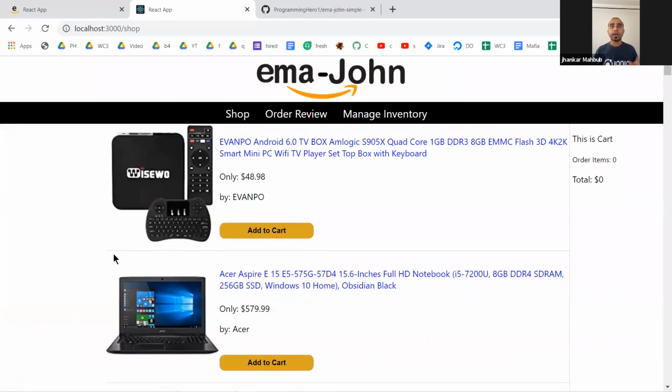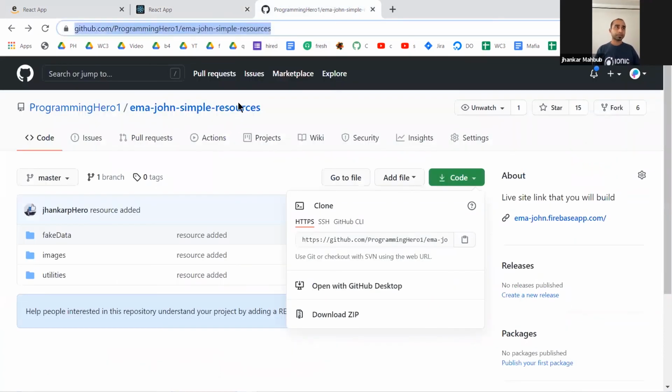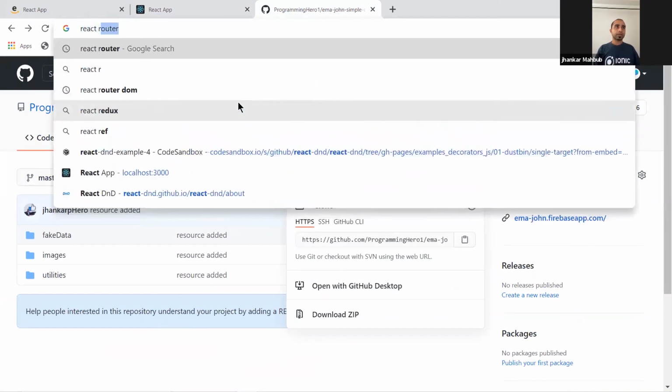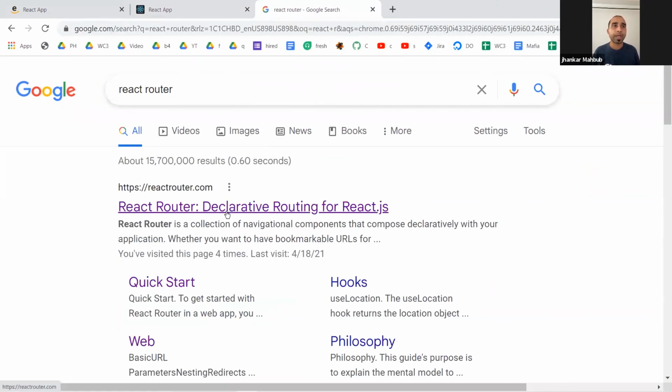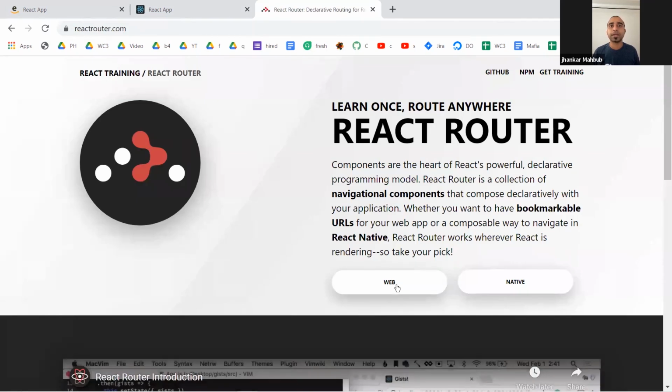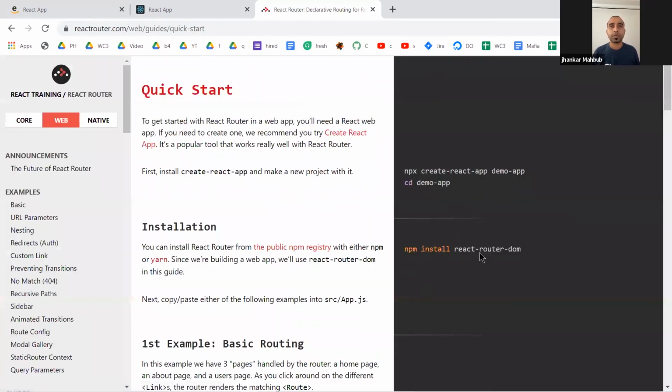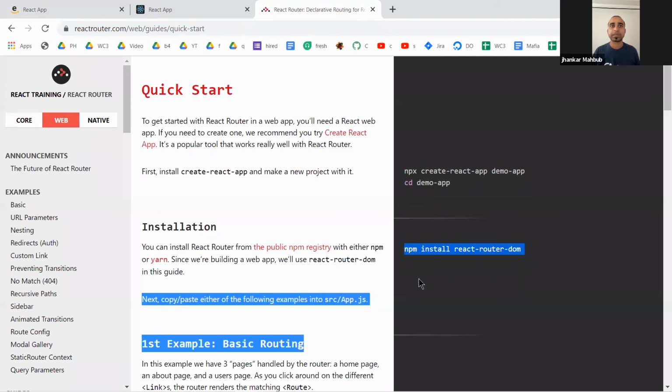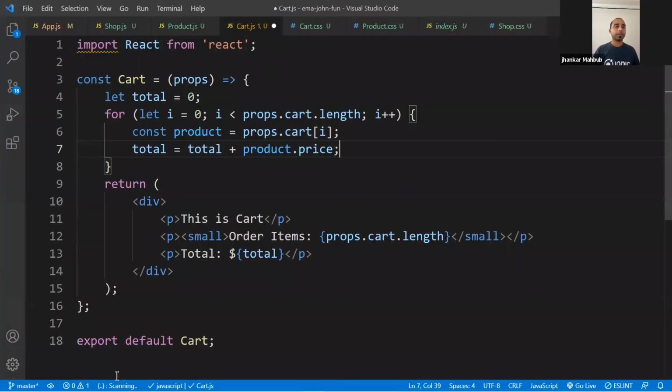So we got the basic part of this done, and the next part we want to explore is the React router. We have seen a little glimpse of it, and you can use the router for the web. We need npx create-react-app, which we already did. We created the app. And then the second thing, you need to install this. So I copy this one, and